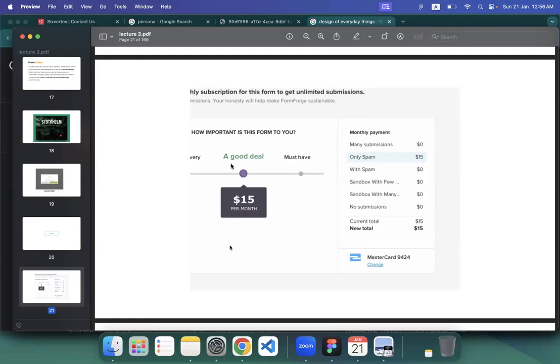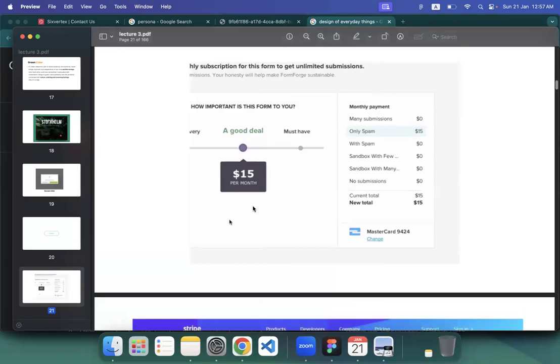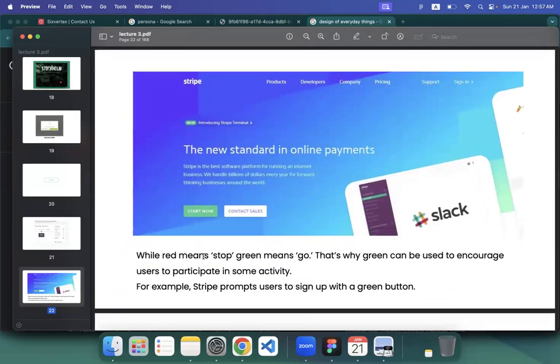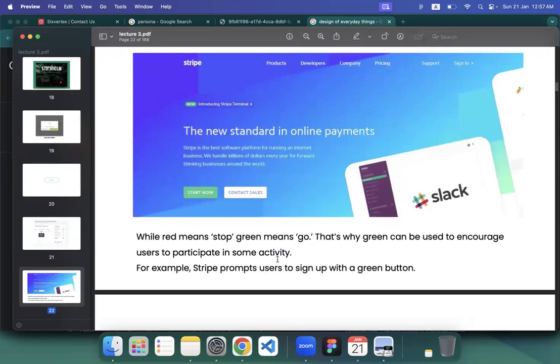good advantage in these others in different colors as well. So the users know that they feel comfortable in this particular place and they will use this particular deal and make green color accent to show their call to action buttons. While red means stop, green means go. That's why green can be used to encourage users to participate in. So